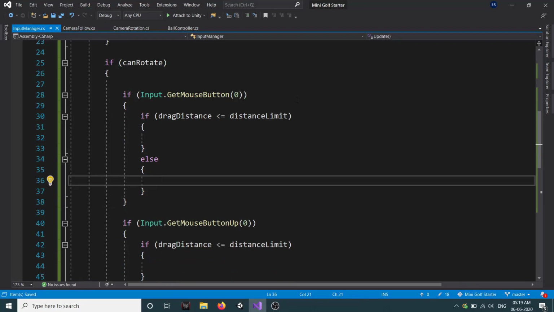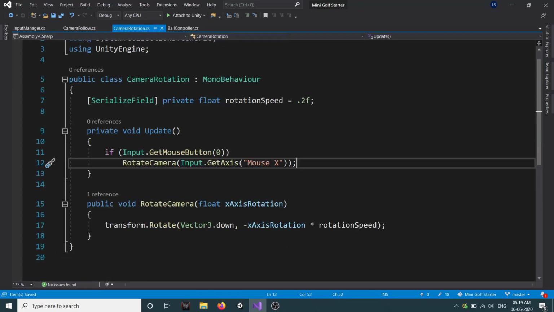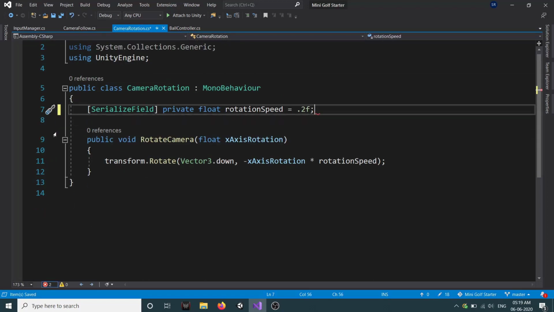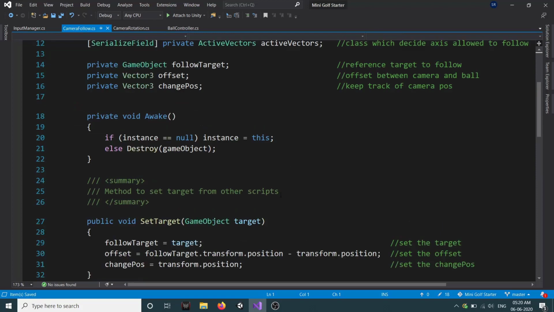So now let's go back to our camera rotate, and we don't need Update here, so I can just cut, remove this. Okay, and we need to call this method in our input manager. As we know, we cannot directly call this method in our input manager, so we will need to create a reference.